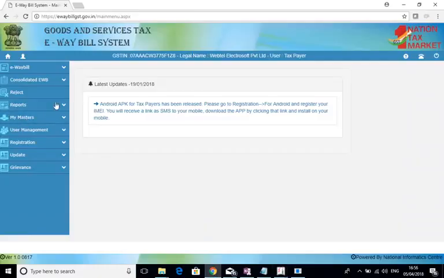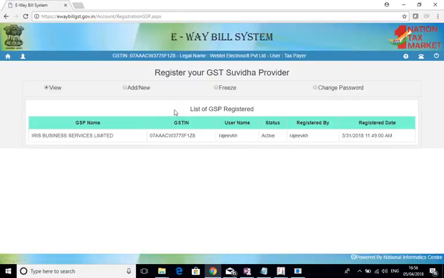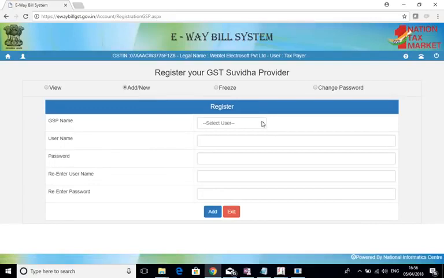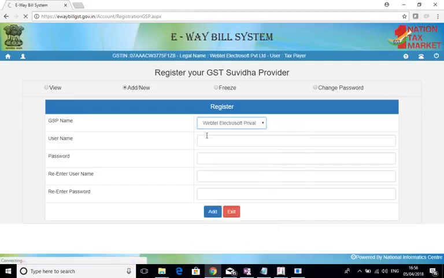If you go to the portal and say, okay, I want to have registration, go to the registration module and then for GSP services. If I click here, so I can add any new GSP services. Just select Webtel Electrosoft. So Webtel Electrosoft is in the last, alphabetically, and then you can create the username here, right? Any username you can give, right? I say Vijay Sani, and then you say okay, any password. So we can give any password,